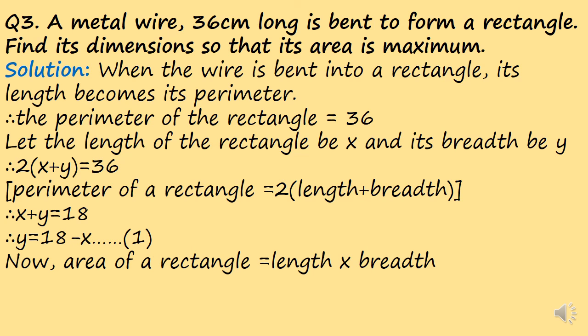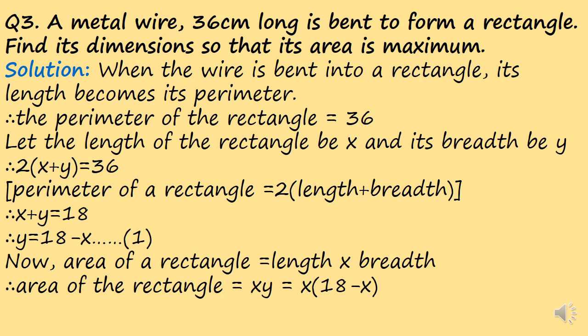Area of the rectangle is given by the formula length into breadth. You will be knowing this already. Now for our particular rectangle, we have x into y as the area. So x into y can be written as x into 18 minus x, because we've got the value of y as 18 minus x. So this x into 18 minus x is the function